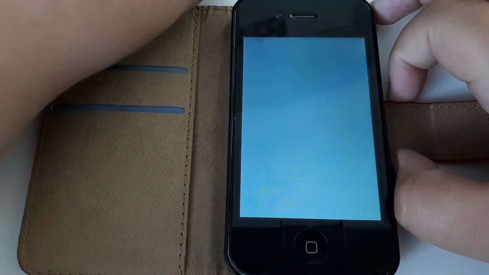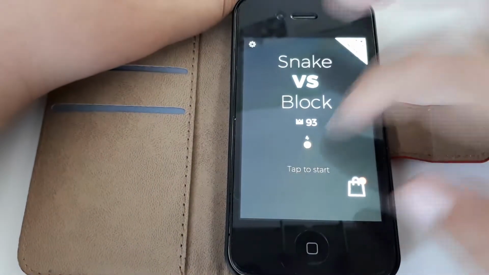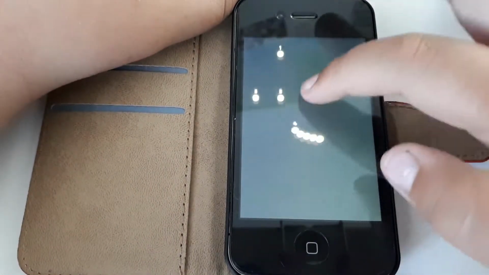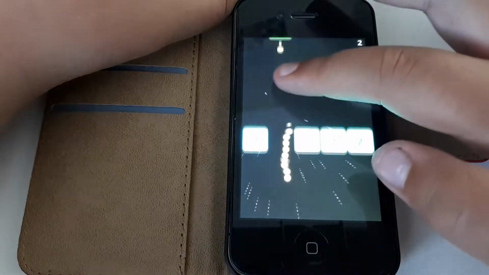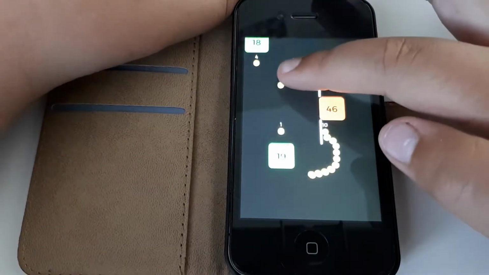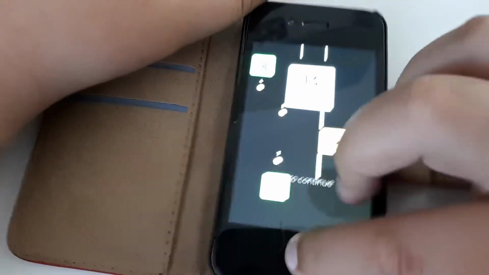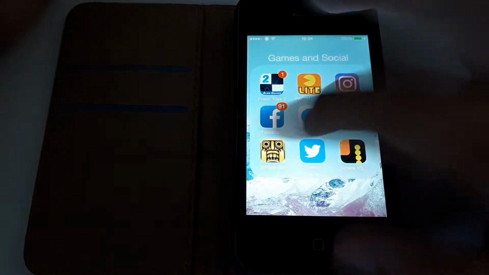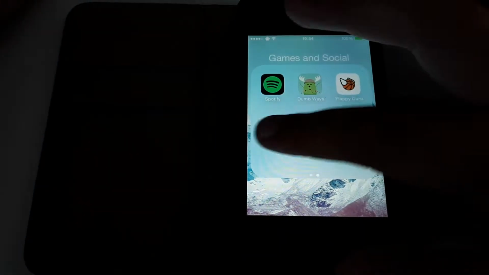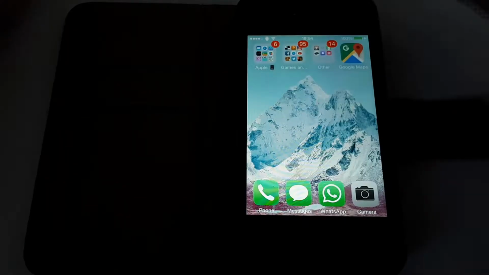Takes ages to load. Yeah, I have a working version currently, but the latest version doesn't work. But you can get an older version running, and once you do, it runs pretty well. I had to get an older version of a lot of these apps. So I'll show you how to do that